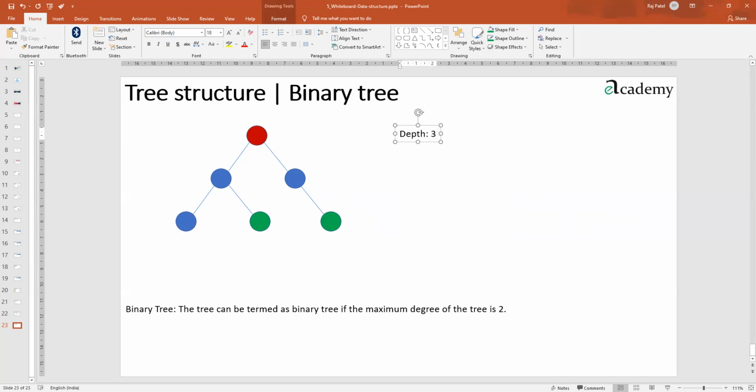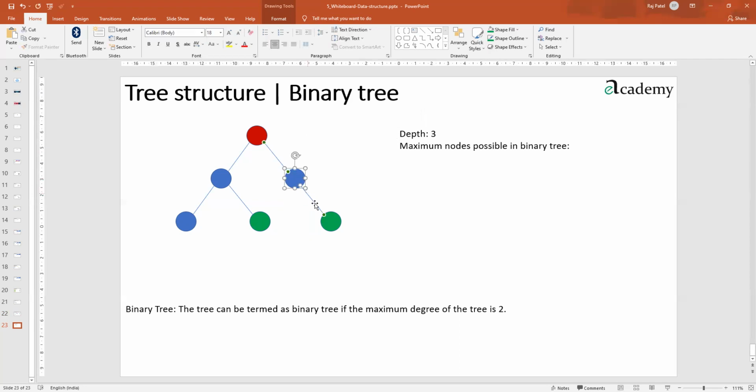Yes. Then let's say we want to find out the total number of nodes in this tree. How can we find that out? The total number of maximum nodes possible in a binary tree with the depth of 3 will be how much? You know very well that if this is the only depth we want to keep, there is one more place. From here also one more can emerge out, which I have not done, but I can do it for all of us.